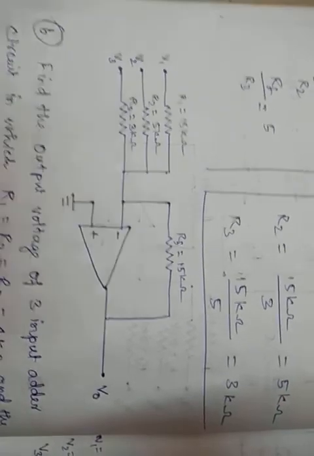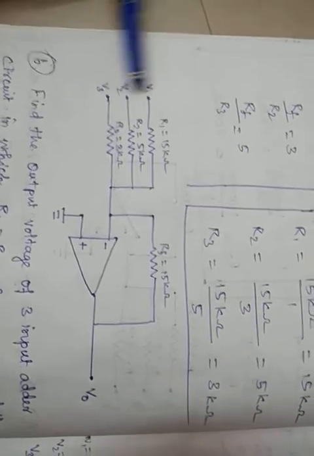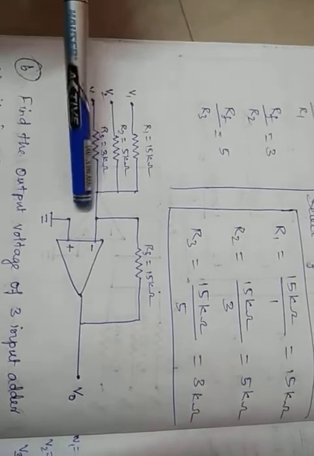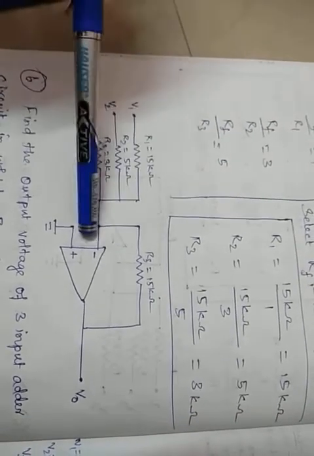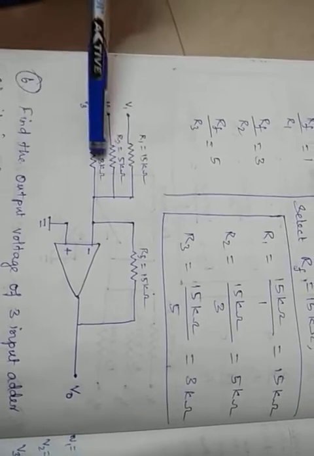See, this is the diagram, the same inverting summing with 3 inputs. Why is it called summing? Because there is more than one input, right? If only one input is applied, it is inverting. If you apply more than one, then it is an inverting summing. So here 3 inputs with the corresponding resistor values and RF values. So we got the circuit diagram. We'll move on to the next problem.